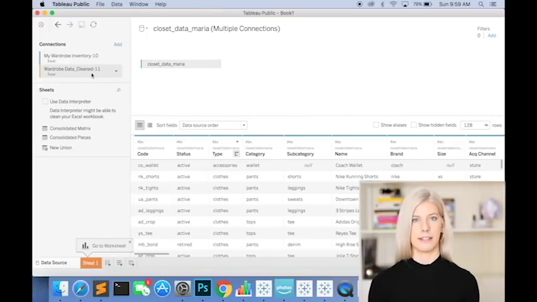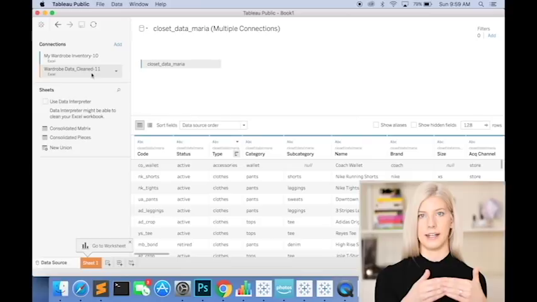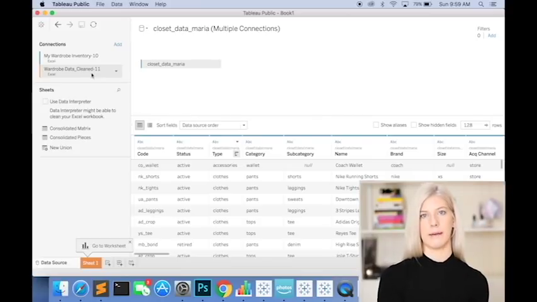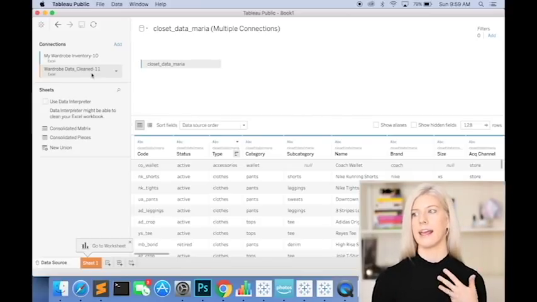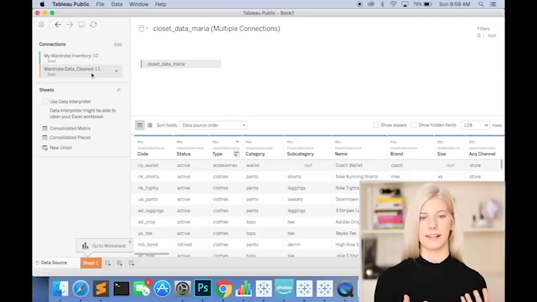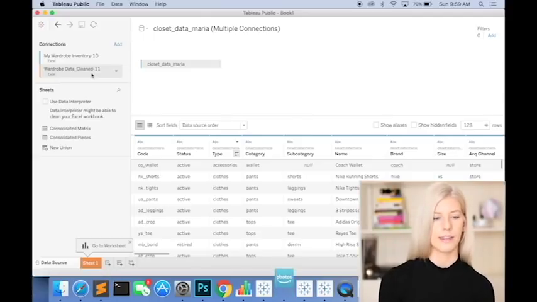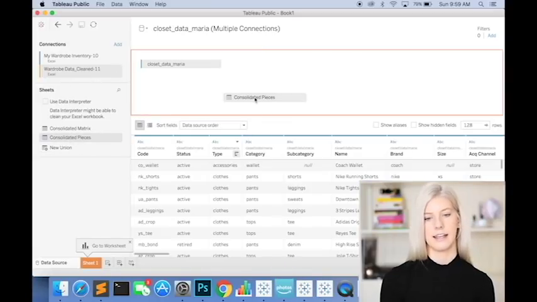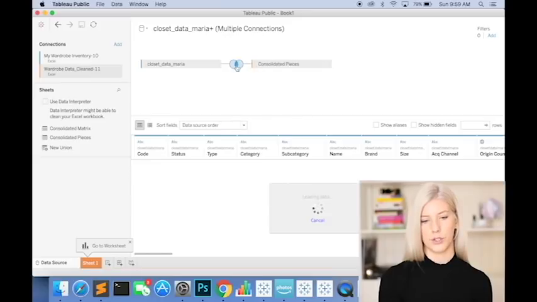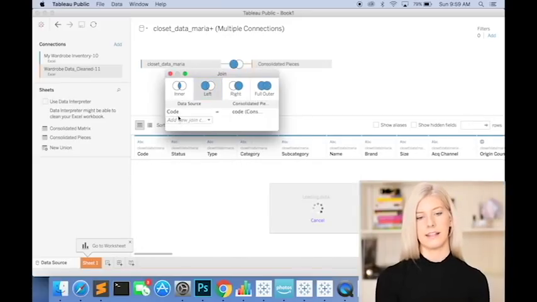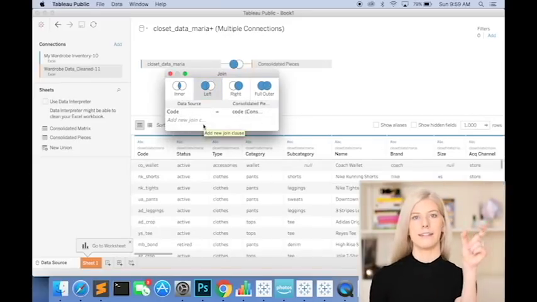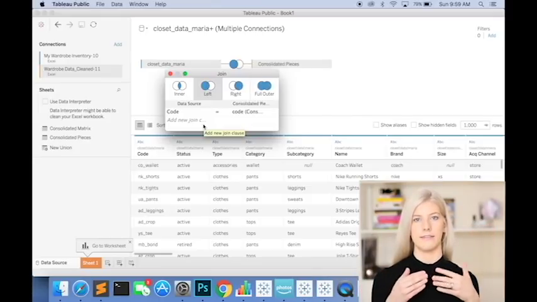pieces. So if I, for example, wanted to see how many times I've worn my nude work heels, I can join it and get all the information about that piece, how much it costs, when I bought it, how much it costs to repair it, things like that, and how many times I've worn it. So this is my consolidated pieces data sheet, and I'm just going to do a simple join on code. That means since we use that consistent code for each of those pieces, the data is going to basically